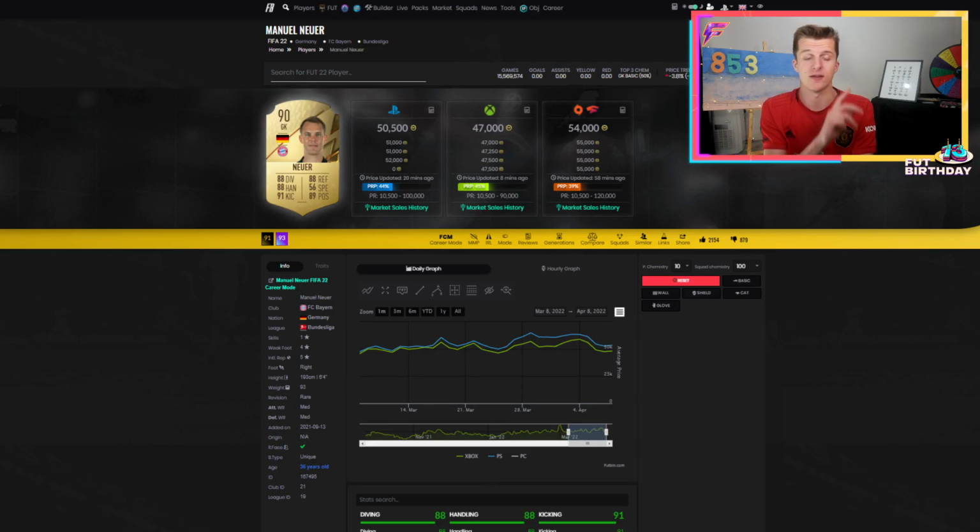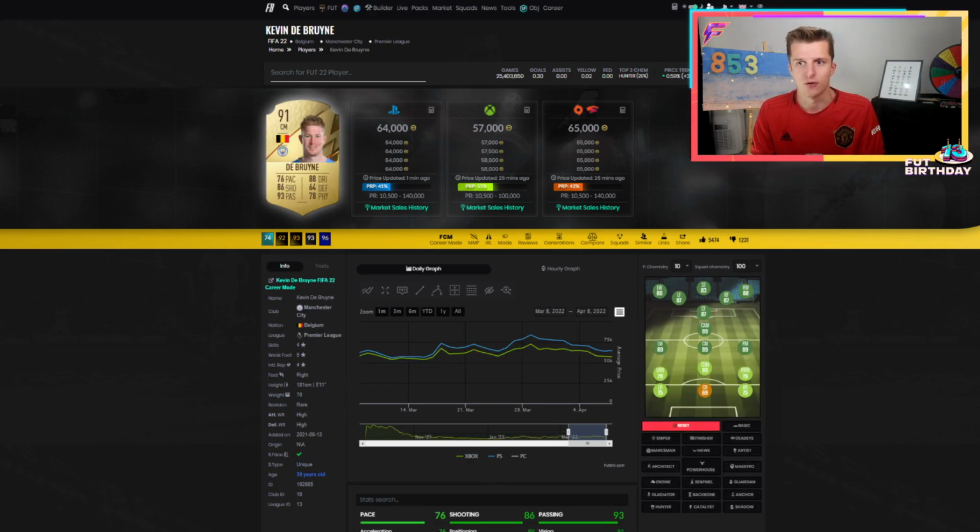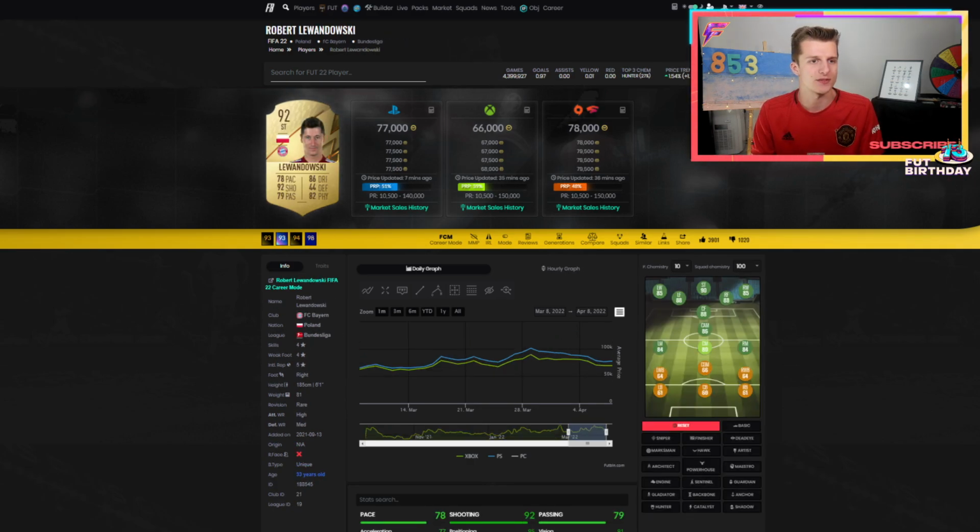And how we're going to do this, so that we can access both investments at once. My full transfer list, so the 100 spots on my transfer list, are going to be filled up with 100 between Neuer, De Bruyne and Lewandowski. This is going to allow me to cover if they have excessively high ratings like they did with the 92 plus Prime and Moments pick, which again I think the price will be a little bit closer to than the